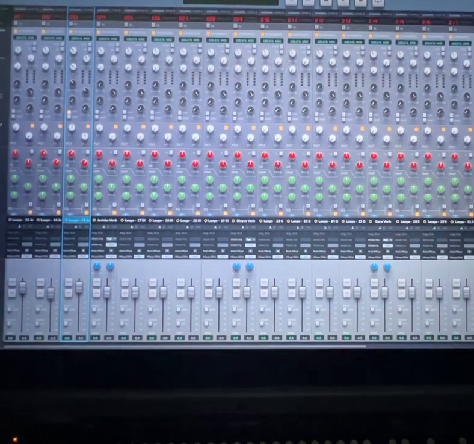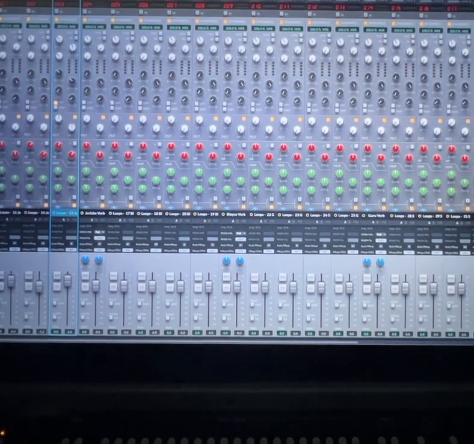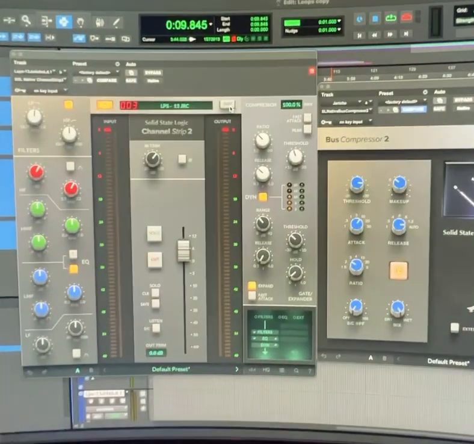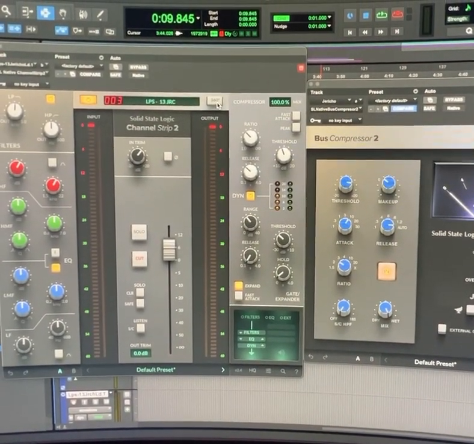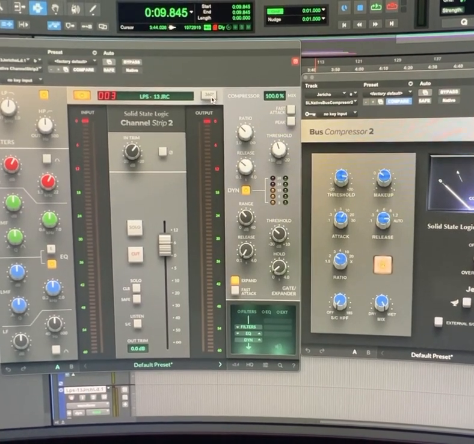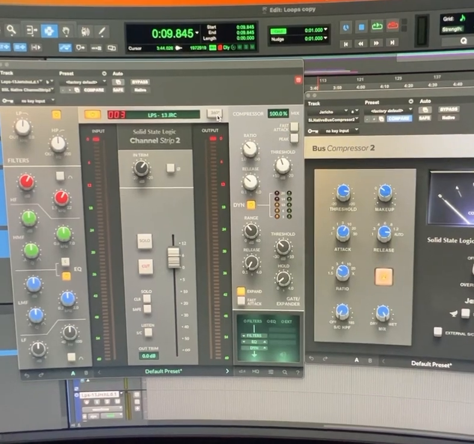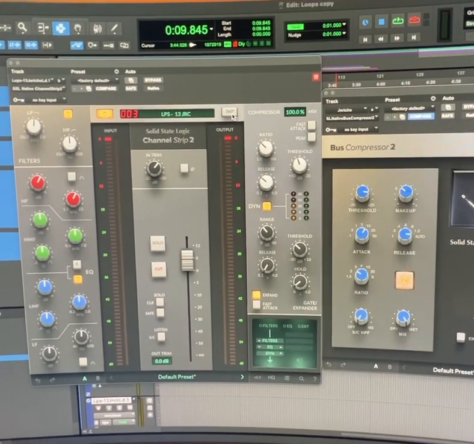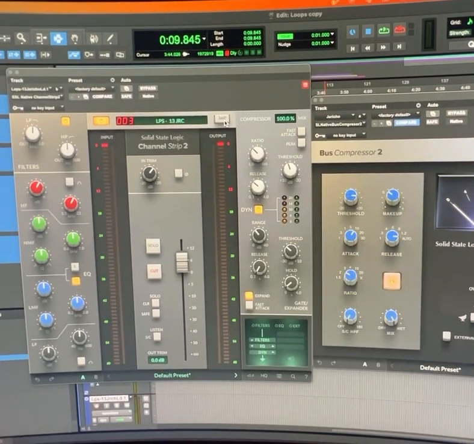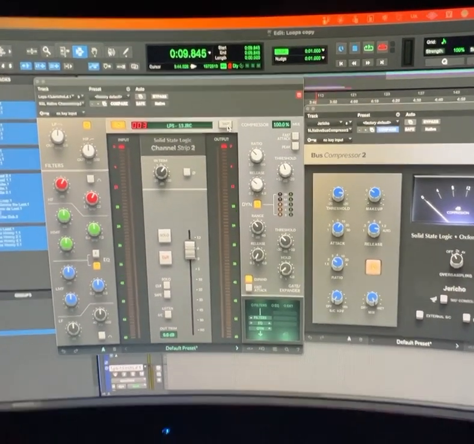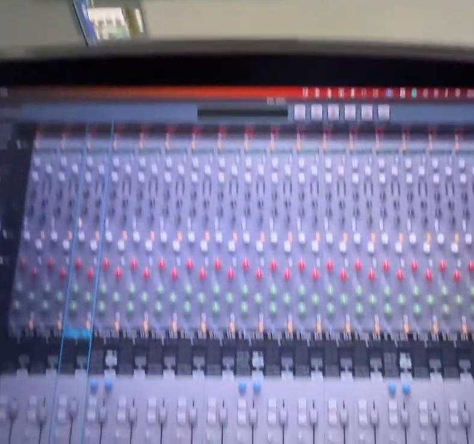There you go. So hopefully this gives you a little insight into the SSL 360 environment and combining those with the plugins of the channel strip 2 and the SSL bus comp. Very powerful, wonderful mixing tools. I could do whole mixes just with these alone without putting a bunch of extra plugins, a bunch of extra EQs and whatnot. So I highly recommend you give it a try